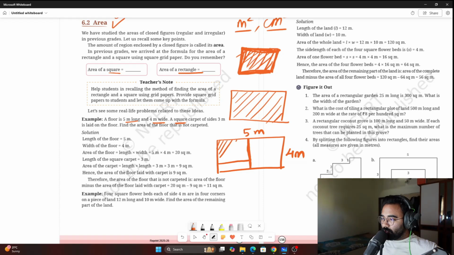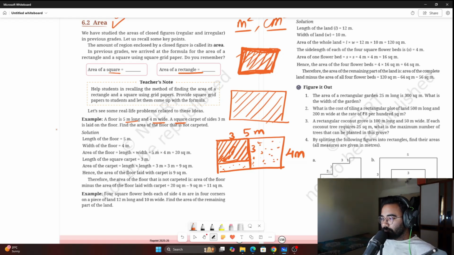So in this much area you will have a square carpet. Okay, now this is 3, this is 3, this much. Okay, obviously, so the whole thing is obviously 5. Find the area of the floor that is not carpeted, meaning I have to find this area where there is